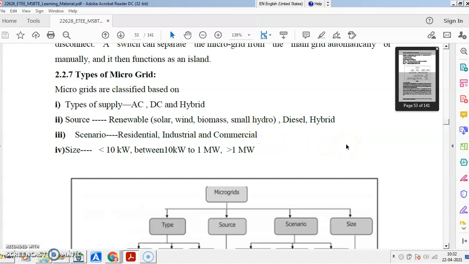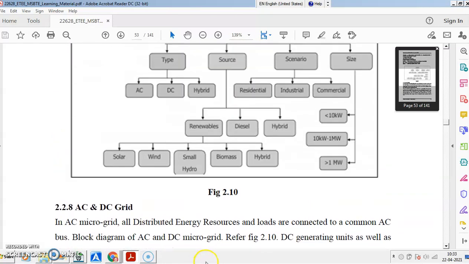Okay. So, types of microgrids. Microgrids are classified based on the type: AC, DC and hybrid. Based on the source: renewable, solar, wind, biomass, small hydro, diesel, hybrid. Any scenario: residential, industrial and commercial. And next, that is the size. Size means less than 10 kilowatt, 10 kilowatt to 1 megawatt and greater than 1 megawatt. So you can classify a microgrid by these four particular